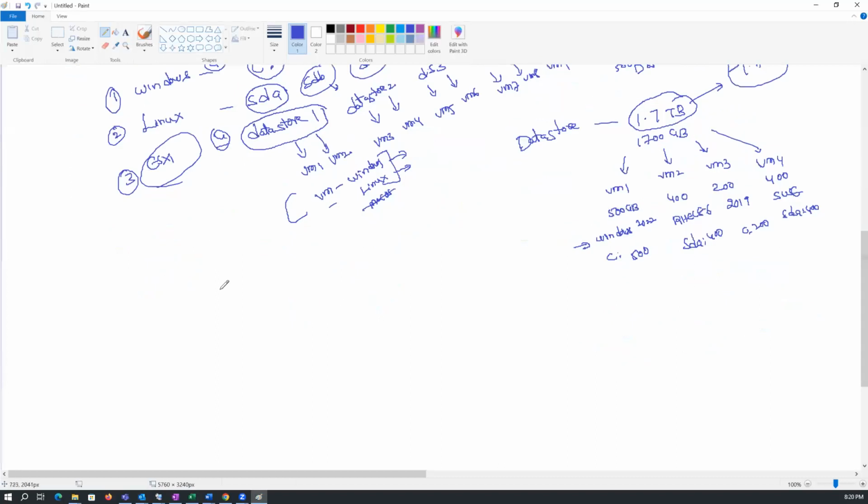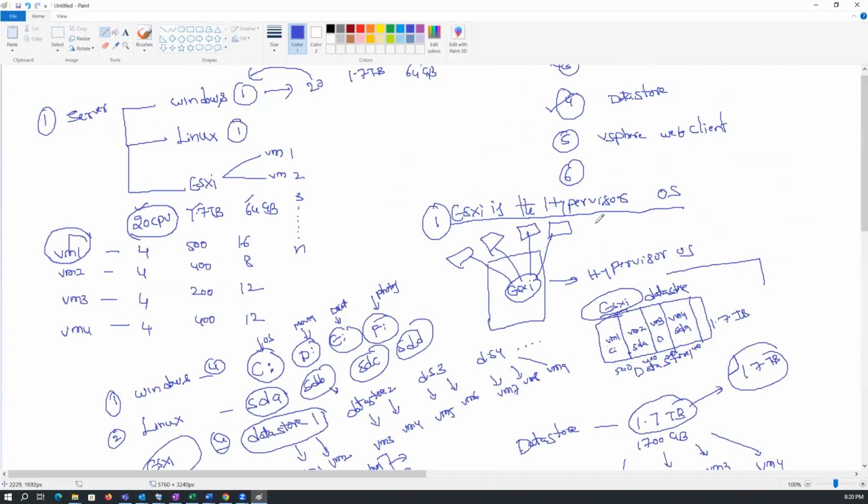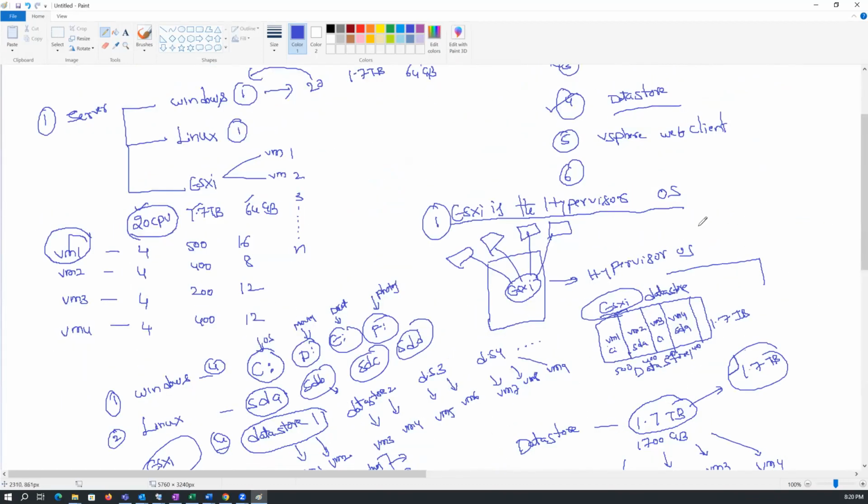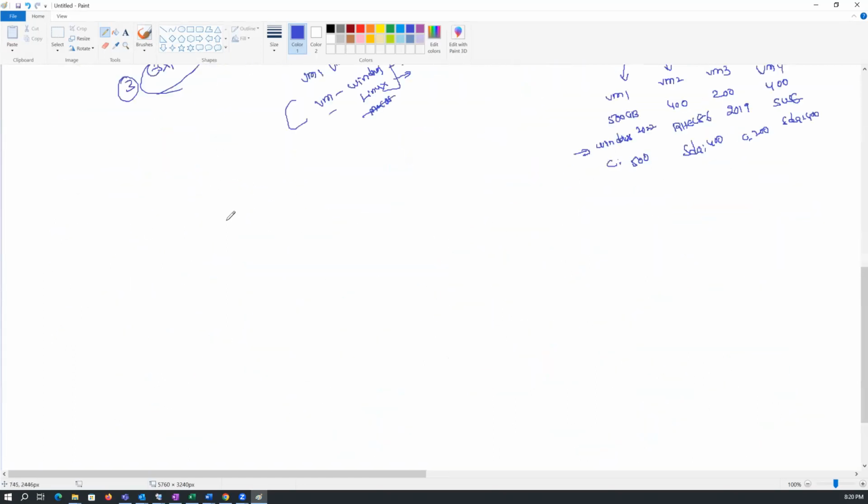Okay, now we'll go to the next topic. So the data store, you understand, is the hard disk of the ESXi server. Now finally, the vSphere web client. I hope you understand by now. So here in this vSphere web client, first you understand that we have a